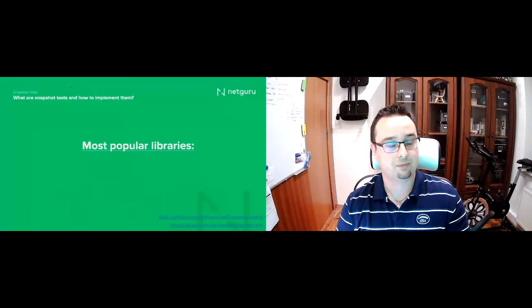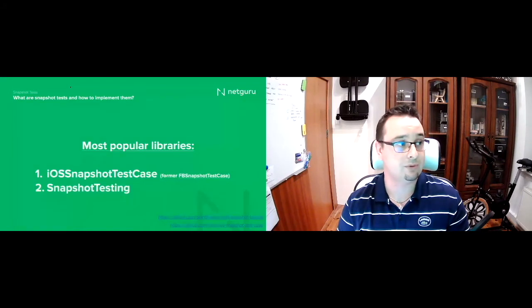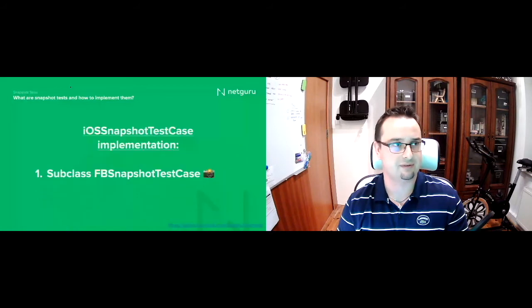The first one, probably the most widespread, for a very long time the only choice to implement that kind of test with ease, is iOS Snapshot Test Case, written in Objective-C days, and its, I would say, newer, more powerful sibling written in Swift, Snapshot Testing. So if you want to go old school, basically you have two options, either to subclass FBSnapshotTestCase